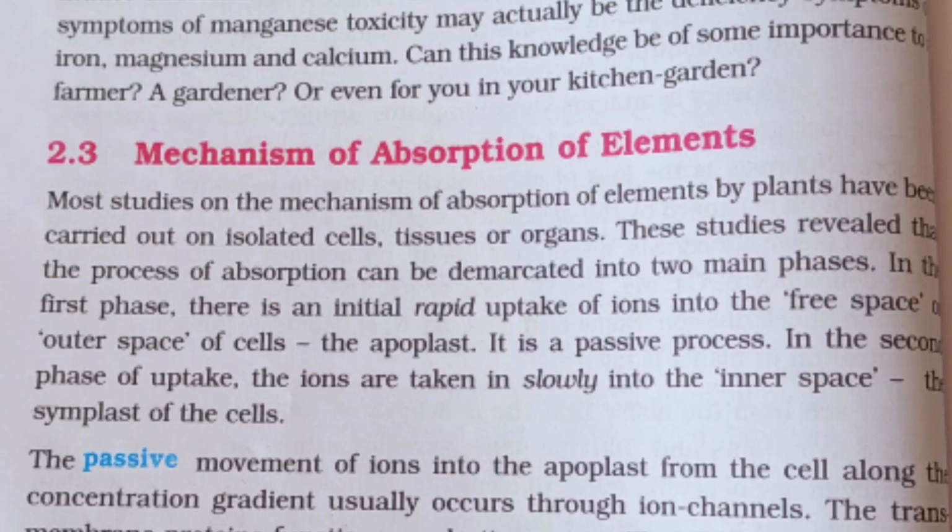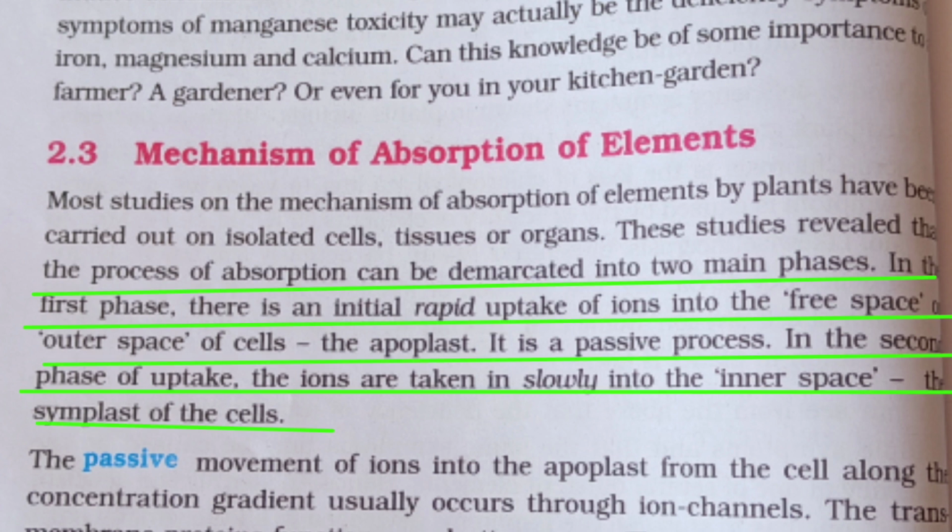Let us discuss the mechanism of absorption of elements. The process of absorption can be demarcated into two main phases. In the first phase, there is an initial rapid uptake of ions into the free space or outer space of the cells, the apoplast. It is a passive process. In the second phase of uptake, the ions are taken in slowly into the inner space, the symplast of the